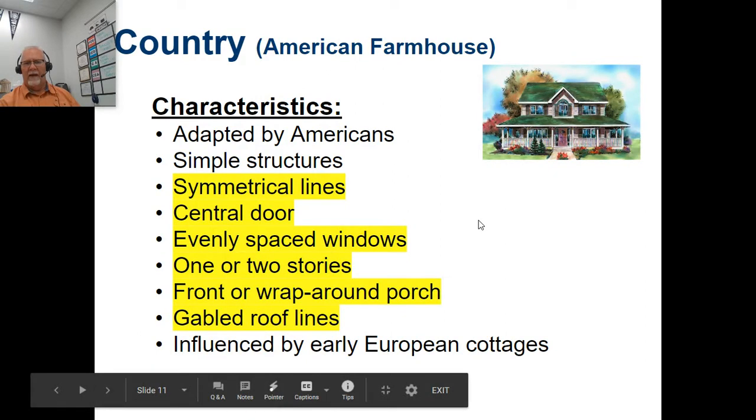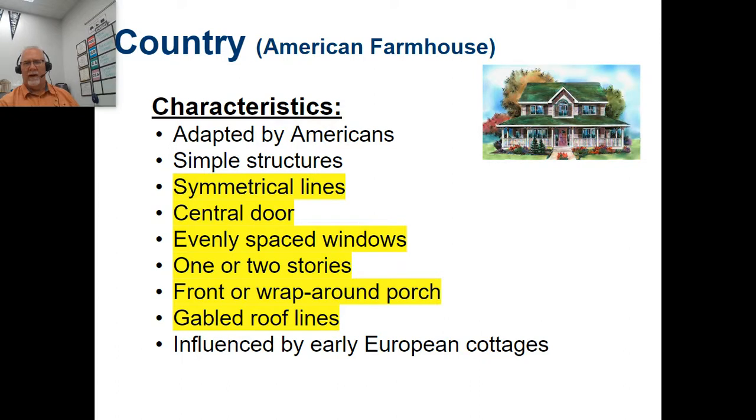These were adapted by Americans and very square, very boxy by nature. These houses are often added on. Farmers, of course, are busy in the spring and the summer and the fall. Sometimes in the middle of summer, there's not a lot going on, so that's when they could add on as they needed to. So they would adapt it to what their needs were. Kind of simple structures, very square by nature, nothing very extravagant in the look, but yeah,